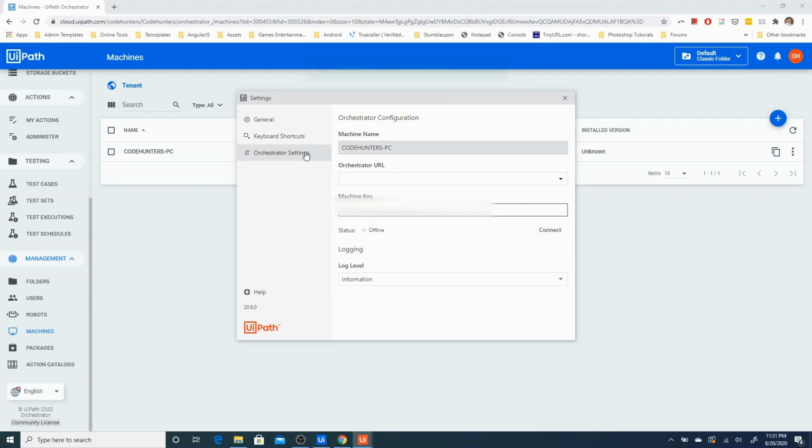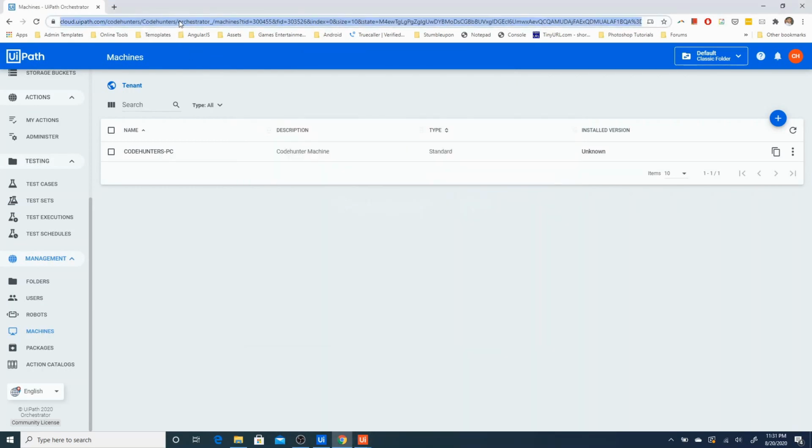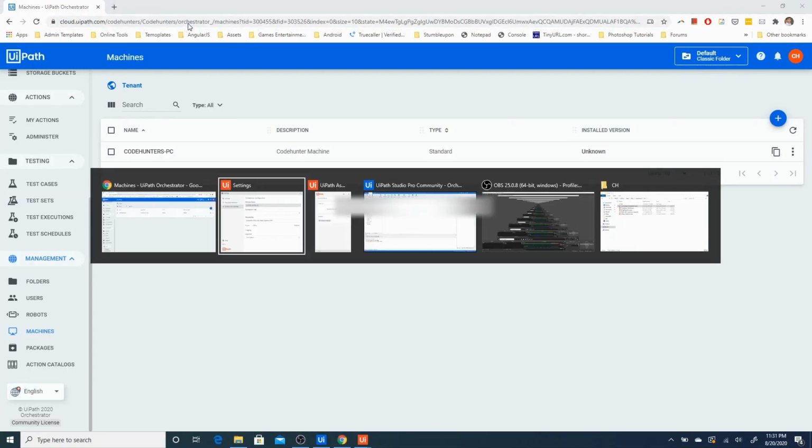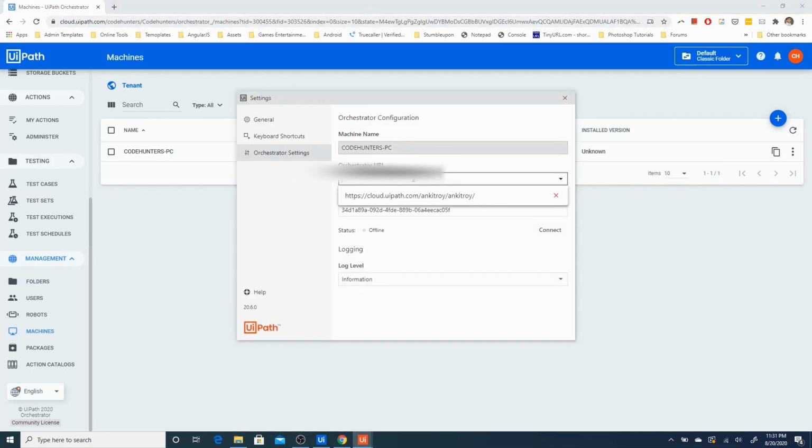And now for the orchestrator URL, we will copy the URL up to the name of the orchestrator tenant, which is Code Hunters. So this is the URL for the Community Edition orchestrator, and this is my username and this is my tenant for the orchestrator.